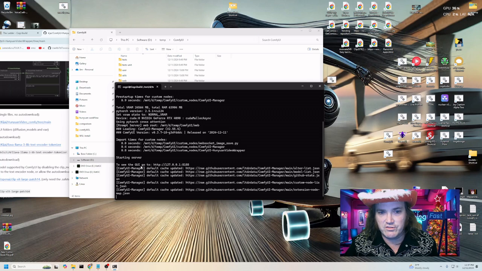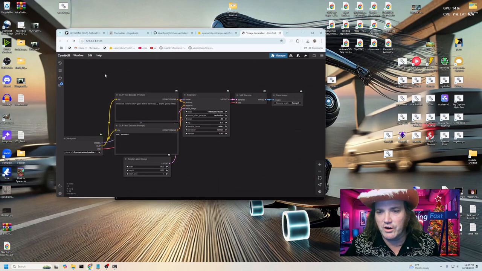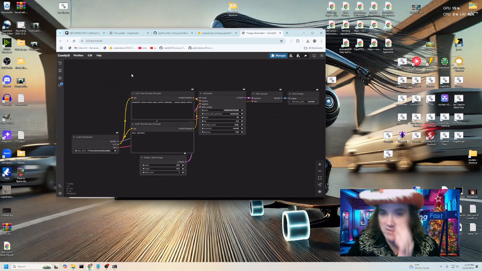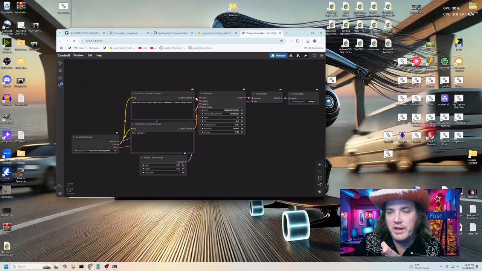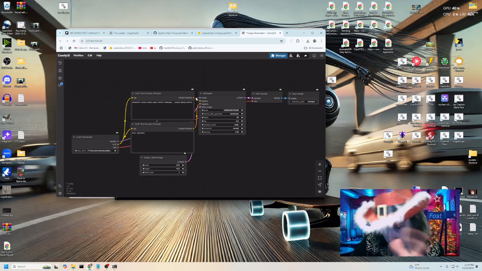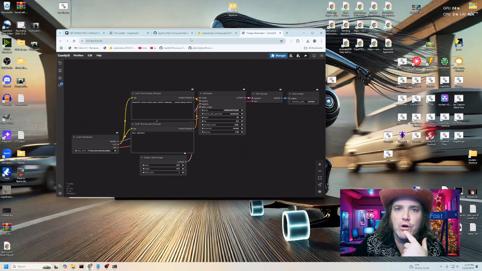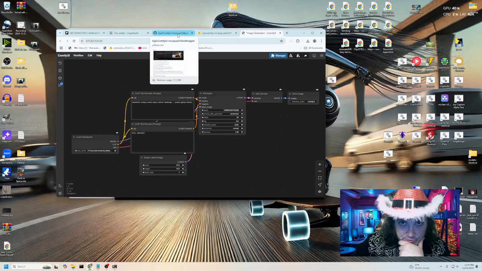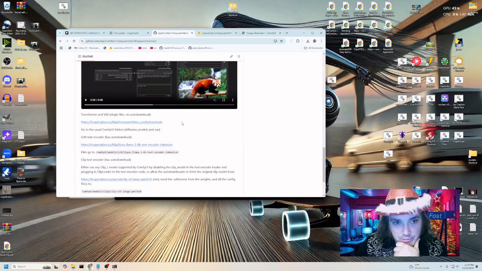And there it is. See the GUI link here. So I'm going to click there. It's going to bring us over to here. But now this is still our basic image generator. Okay, if we wanted to, again, put models on, we put in checkpoints, we could run this. It'd be great. But we need to get a workflow for the Hunyuan video. So we need to go back to our browser over here,